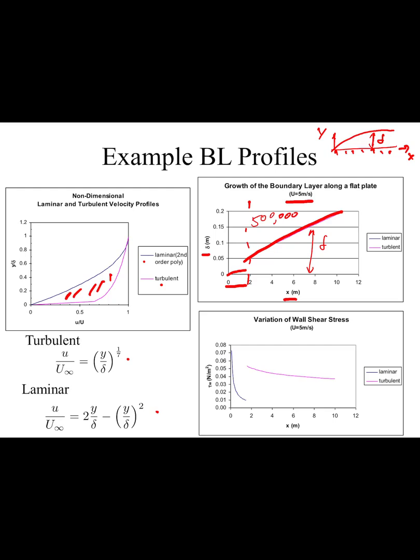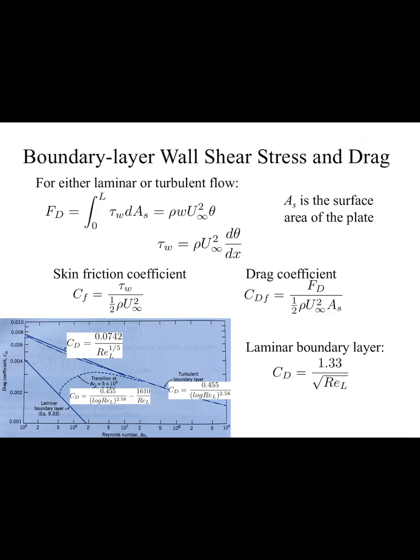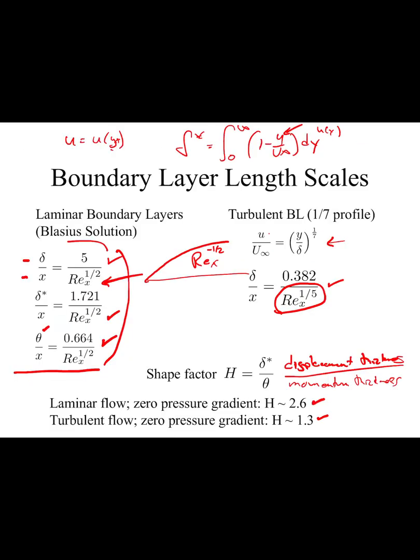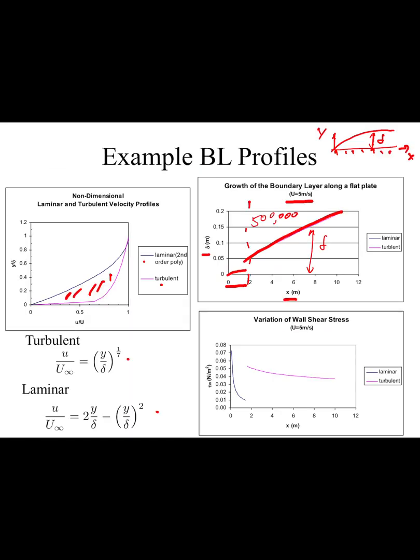So what I've done here is I've simply plotted the two equations. For the laminar case, I'm using this equation, and for the turbulent case, I'm using this equation. Similarly, we can look at the variation in the wall shear stress. Now remember, what is the wall shear stress? Well, tau at the wall is equal to